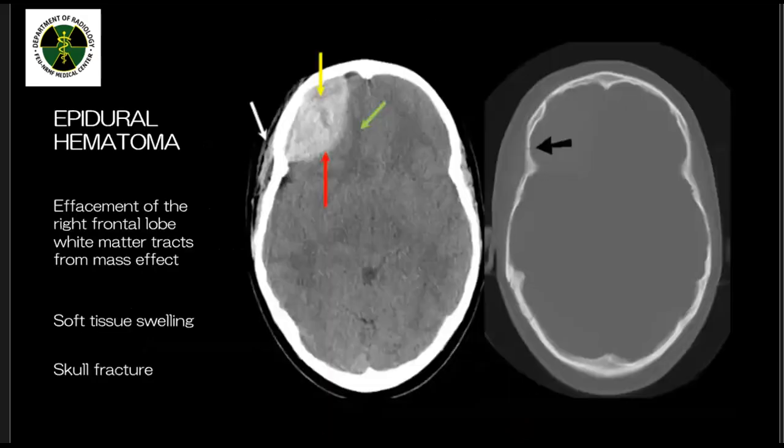So next, there's an epidural hematoma. It has a convex shape. Areas of low attenuation are seen within the hematoma, shown by the yellow arrow. If there's a small area of low attenuation seen within the hematoma itself, there's active hemorrhage. The cause of the hematoma is not readily apparent on the initial image.